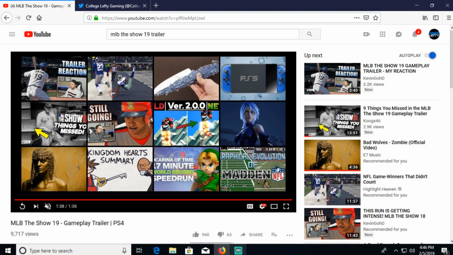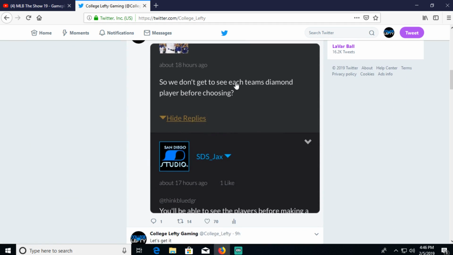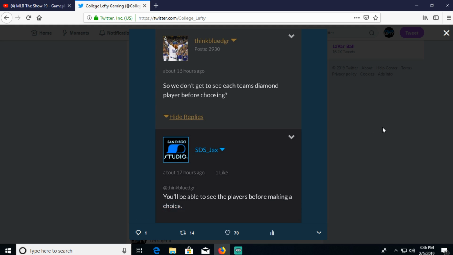But let me go ahead and show you guys some other stuff that I thought was important to add before I go into some more stats here. So this part right here, this is an important piece of evidence that I found on the Show Nation. It's asking about the 30 diamonds, one for each team, for pre-ordering the game, or getting the digital deluxe version of the game, I should say. And right here, as you can see, it says